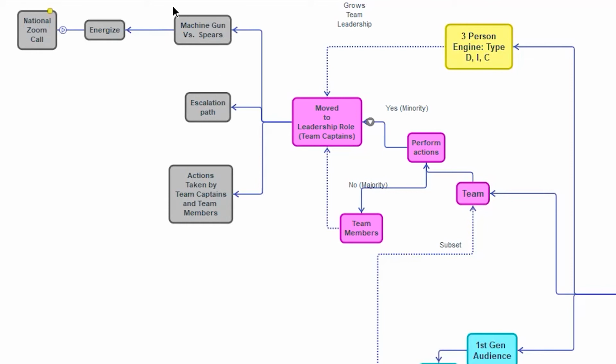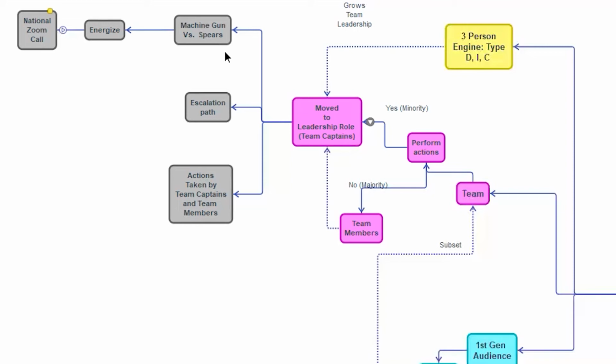The third aspect is what we call machine gun versus spears. Spears are very ornate, well crafted. You can achieve an objective with a spear, but each spear has to be made and launched individually. A machine gun, by contrast, is a system. In a way, a machine gun has many spears in it. The spears are much smaller, we call them bullets, but the machine gun is designed to systematically broadcast multiple